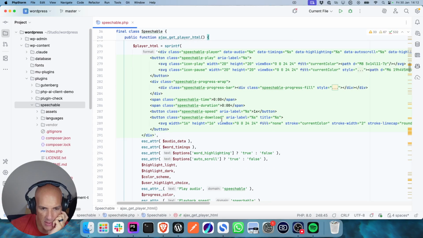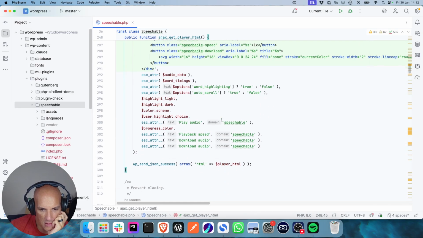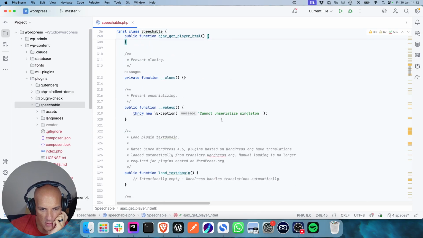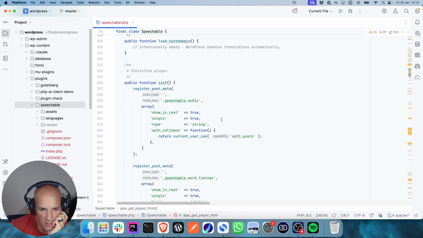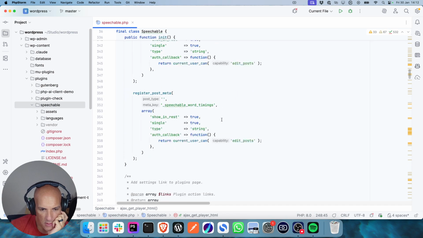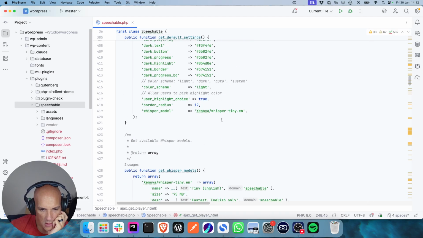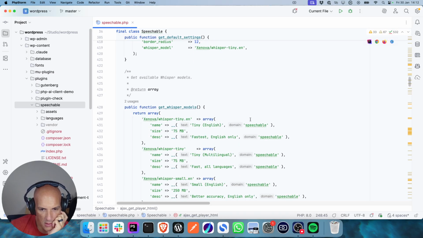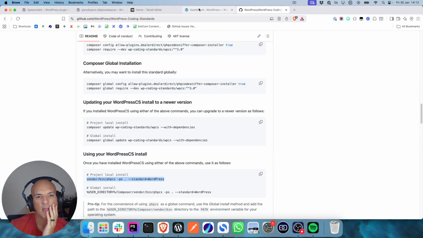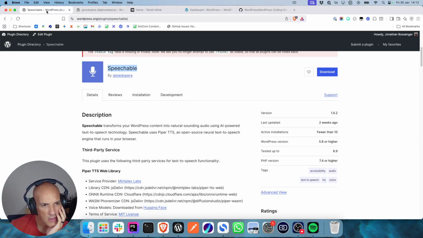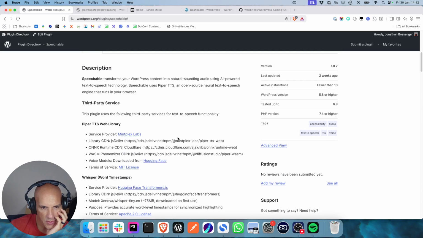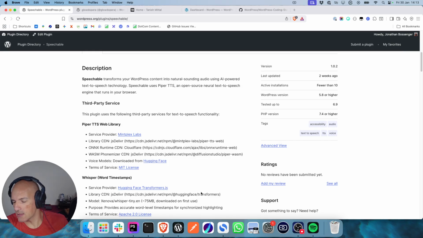Okay, so he's outputting a player. Pretty straightforward. Settings link. Okay, response. Now, in the plugin page, it does talk about how it uses PiperTTS, which is a neural text-to-speech engine that runs in your browser. So I'm curious to know if he is loading that with